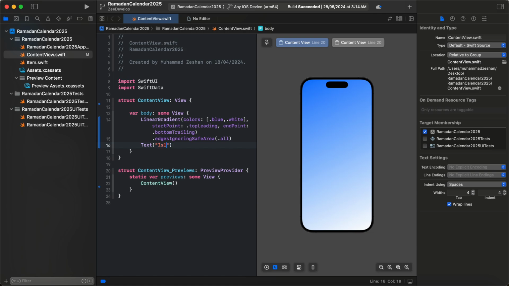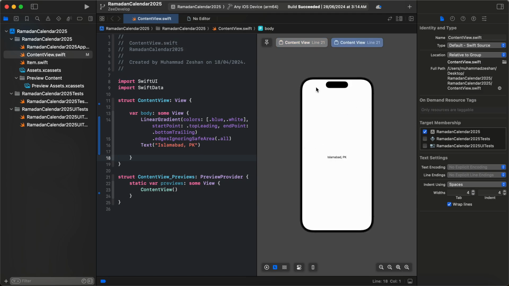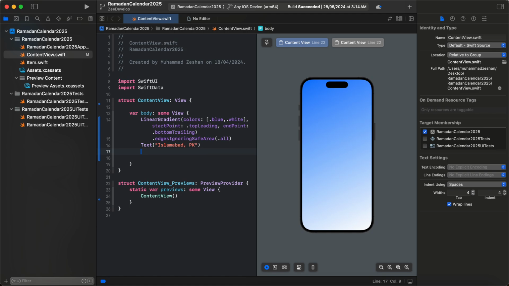So I am writing my city name with country name. Okay, so here you can see it's showing the name of my city and country as well. Okay, for the next thing we have to do